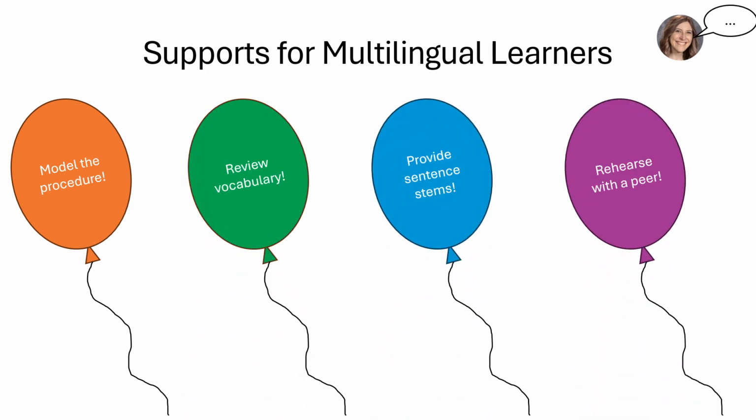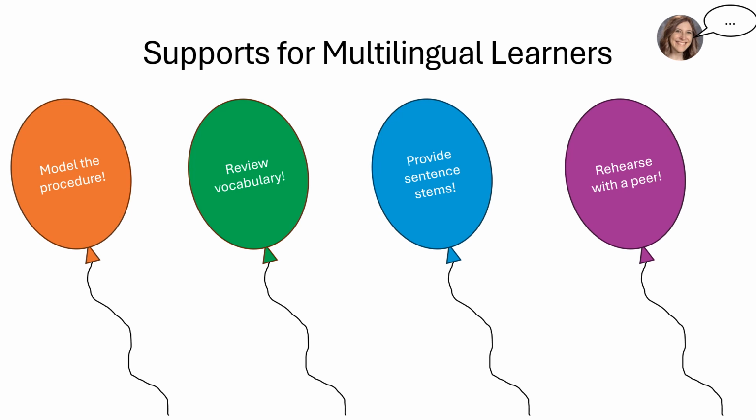Before asking students to begin the procedure, review key vocabulary to remind students what words they are expected to use in the debate. Consider posting key vocabulary on an anchor chart so that students can reference it as needed throughout the discussion. Provide sentence stems for each part of the debate. For example, you can provide sentence stems for the paraphrasing part and a different set for the part where students provide counter-arguments. As needed, you could also provide a word bank of academic and unit vocabulary you hope to hear students using throughout the debate.